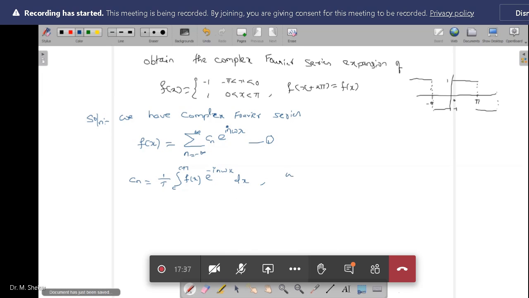Here omega is 2 pi by T, and since the period is 2 pi,